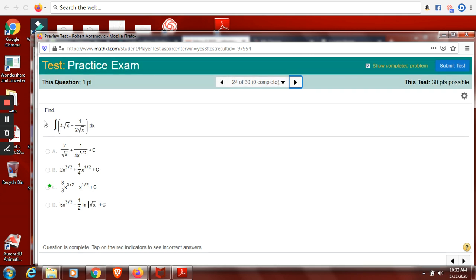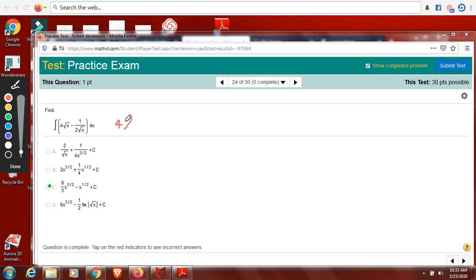Okay. Next question asks us to evaluate an indefinite integral. Indefinite means it does not have a lower bound or an upper bound. Now, this is equivalent to the antiderivative. To find the antiderivative of this function, or square root of x minus 1/2 square root of x, what we can do is just